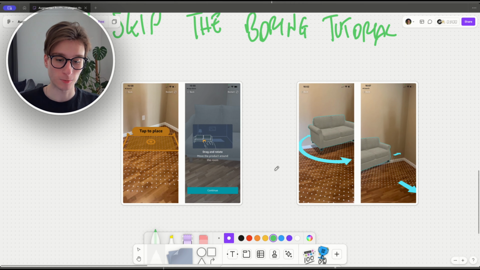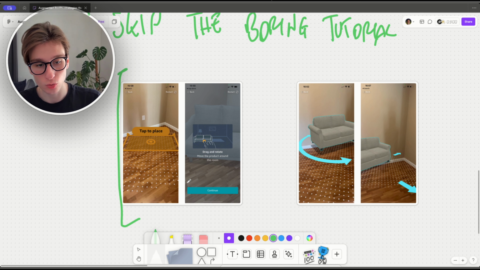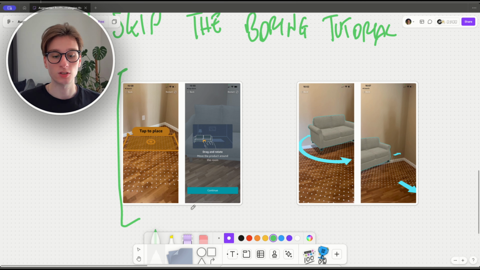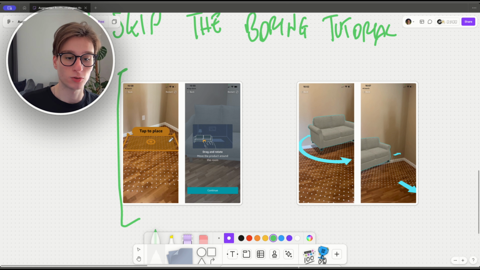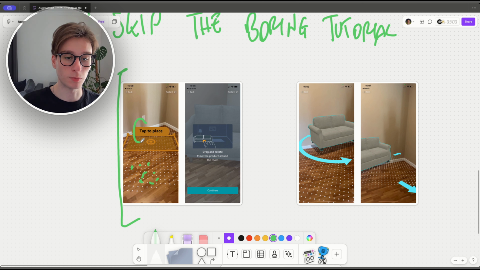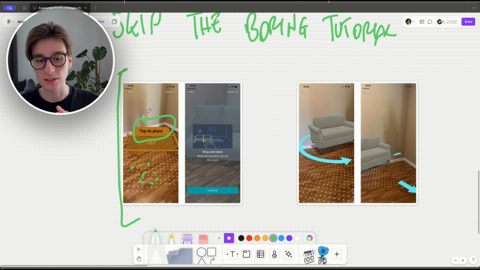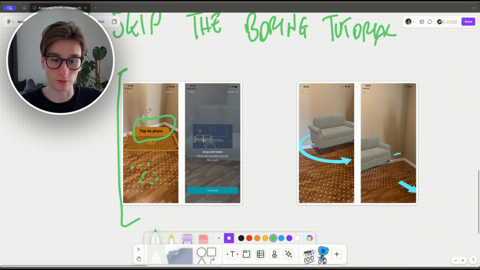Instead, what Amazon did here is a tutorial, but an interactive tutorial. You enter the experience, and once you enter, you have already started the tutorial. First, you can see the placing dots, and then a big label that says "Tap to place." The first thing is easy to understand, everyone would tap and the object would appear in front of you. Then they have a second screen